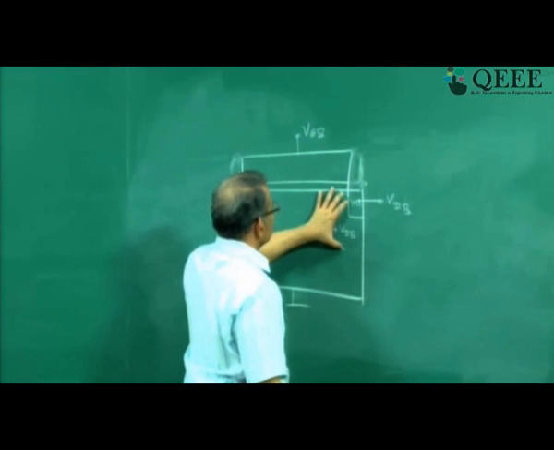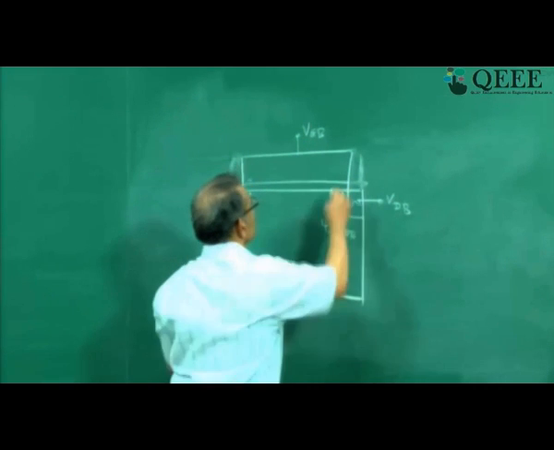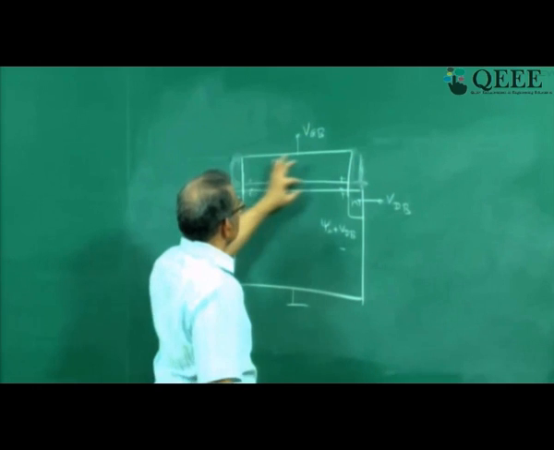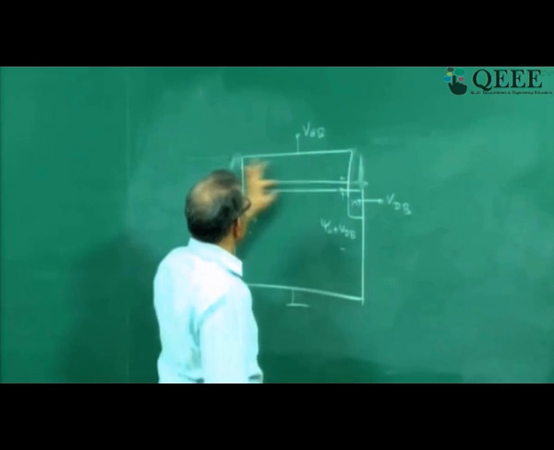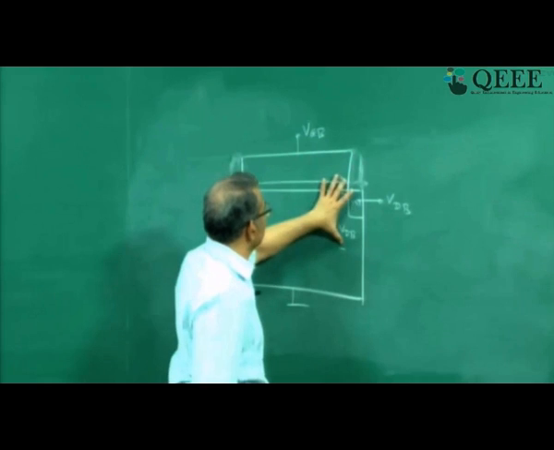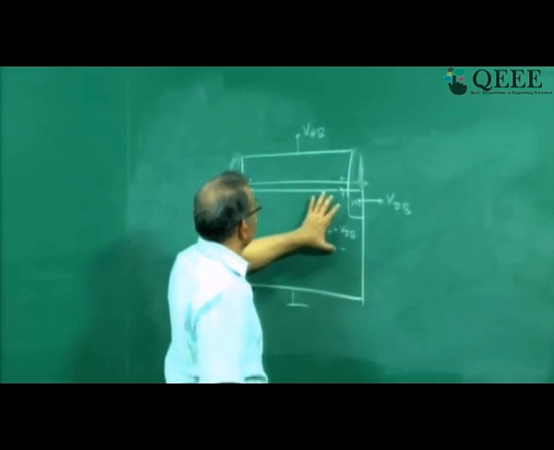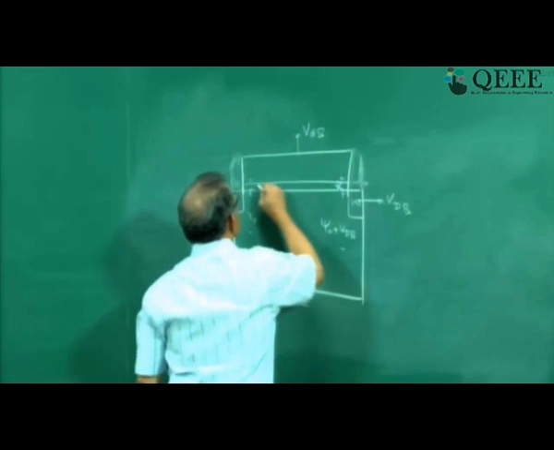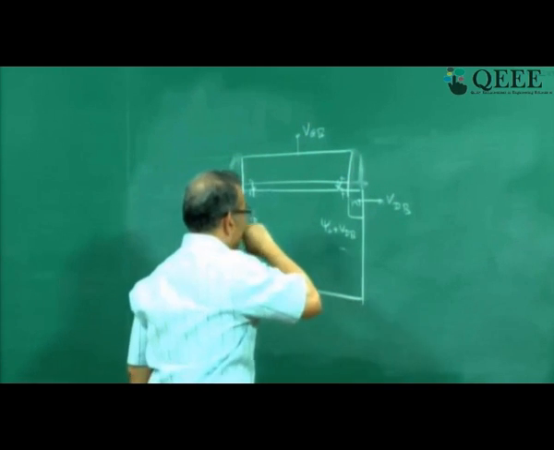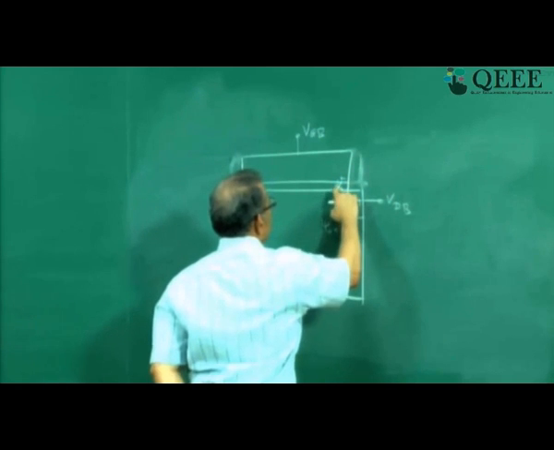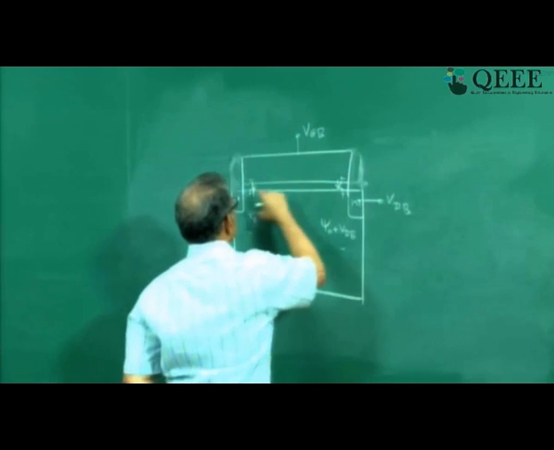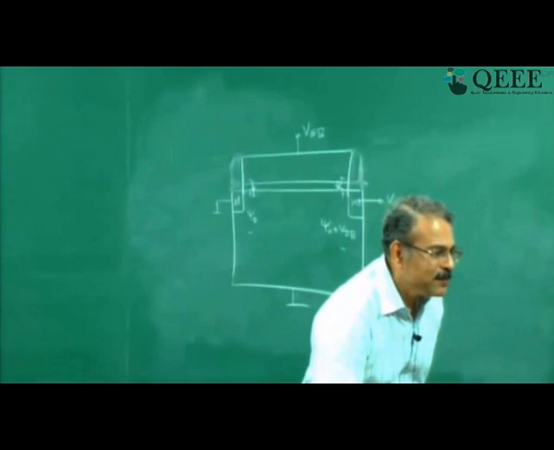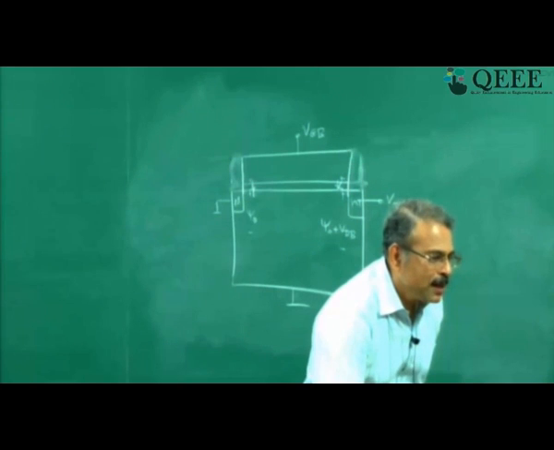This part of the voltage has increased, so this part of the voltage has reduced. If I compare this voltage here and this voltage, this will be less than this voltage, because the total voltage is the same, equal to VGB. This part of the voltage is more, so this is reduced. So this field will be less than the field here. And if this field is less, then the amount of charge here also will be less as compared to this end. That is the reason why you can see here the inversion layer charge has reduced.